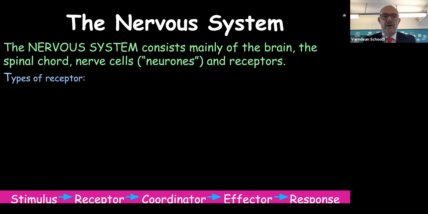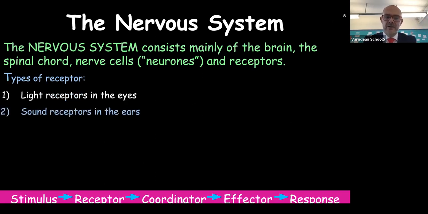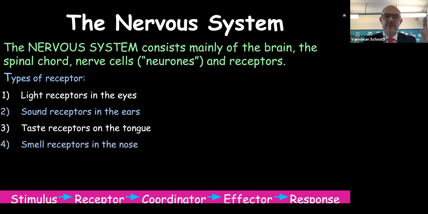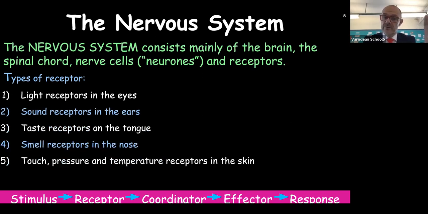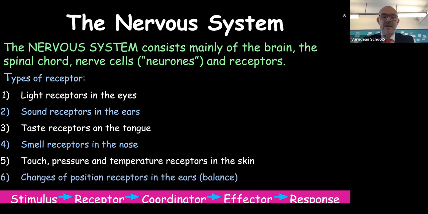So where would we find those receptors? We just need to make sure that we are clear that we've got them in the eyes, ears, taste receptors in the tongue, smell receptors in the nose, touch, pressure and temperature in the skin, and changes of position in the inner ear. So we are able to tell which way up